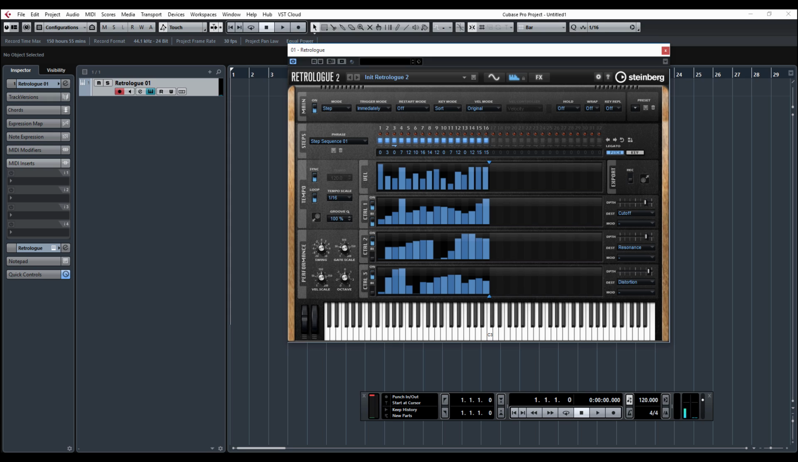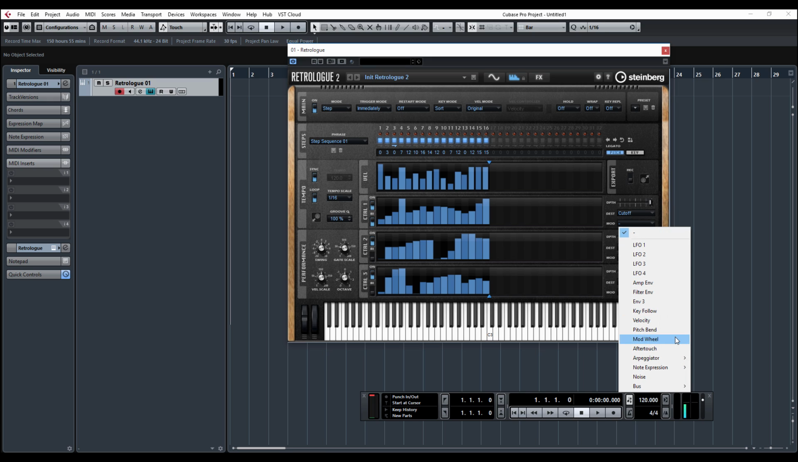What we need to look at is the control lane parameters. So we've got depth, which is what we've done, which applies how much modulation depth, for instance, in this case going to filter cutoff. Destination specifies the destination, which is filter cutoff in this case. A mod allows you to specify a second source that is used to scale the modulation intensity, for example the modulation wheel. So if I go to mod and mod wheel,